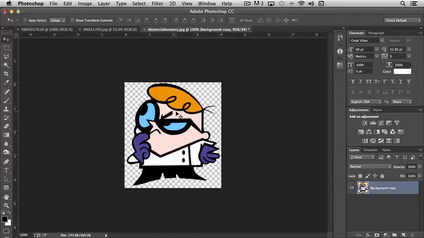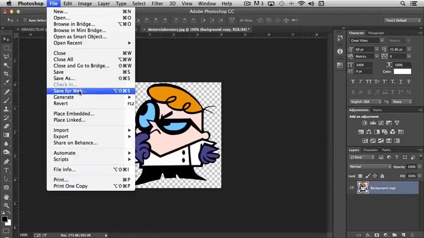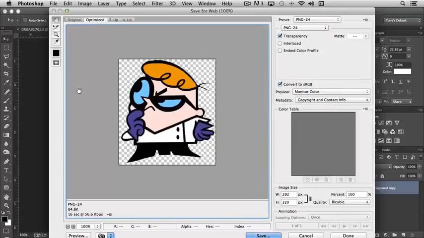So Photoshop gives you a number of options in order to actually save for the web. Let's just go to File, Save for Web, and take a look at the options that we have. So here is our file, and you'll notice over here on the right there's a number of presets. Normally the default is PNG24, and that is the preset that we would typically use to maintain the transparency of the document. And you can see they actually have a checkbox that allows us to make sure that